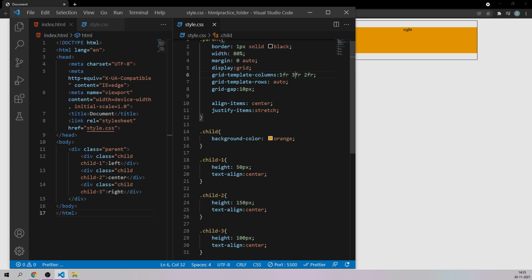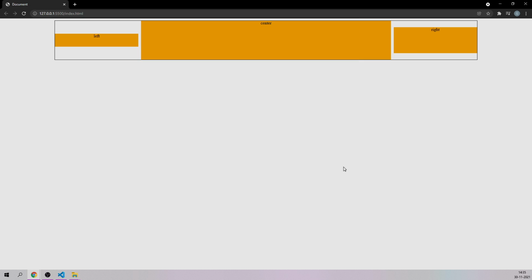So I guess this 3 fractional unit and this 1 fractional unit makes perfect sense. We can have all the names and navigations here, and here we can have the logo of the company or whatever we are trying to do.